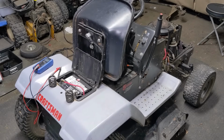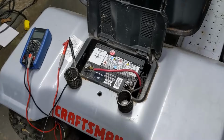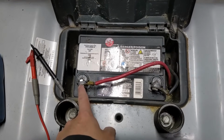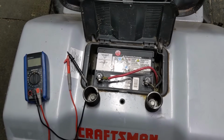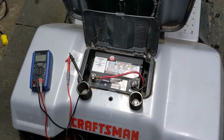Now, whenever you're working on an electrical issue, you always want to start at the battery. That is going to be the source of your 12 volts. Everything starts here and ends here. We have our battery positive and we have our negative, and I'm going to be showing you guys how to do some simple tests to test the battery, the cables, and then the rest of the circuitry without having to